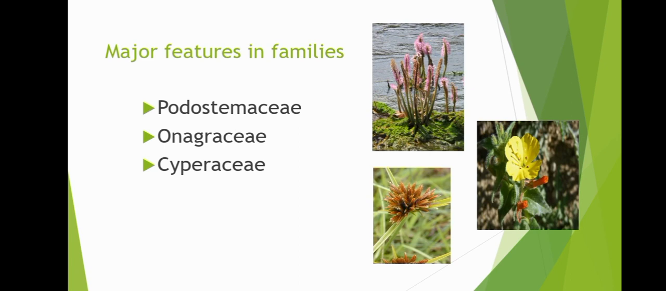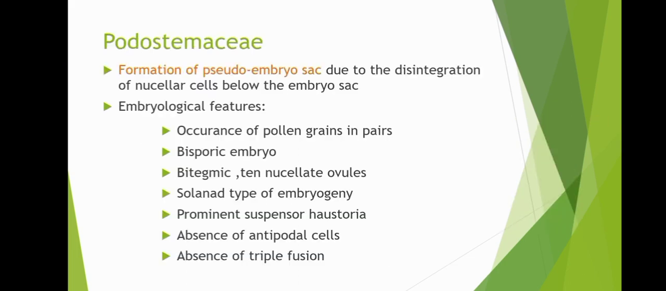In relation to embryology and taxonomy, three families are considered as examples, and many other genera and species are also seen as examples. The main families include the Podostemaceae, Onagraceae, and Cyperaceae. Typical examples are given. In Podostemaceae, there is formation of a pseudoembryo sac due to the disintegration of nucellar cells below the embryo sac,